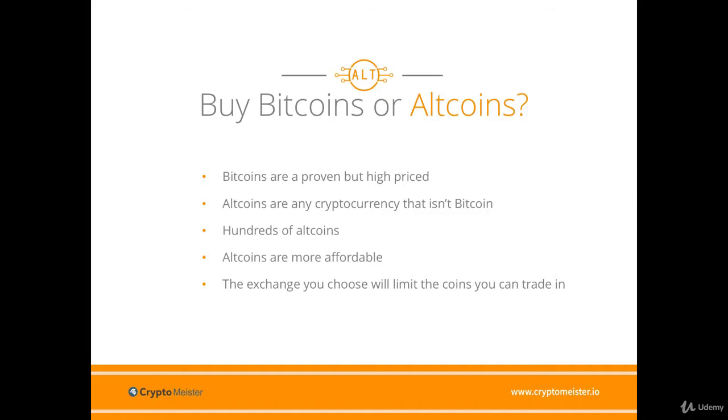The size of the exchange will also have an impact. The larger the exchange, the easier it will be to acquire the coins you want in the amounts that you want. Smaller exchanges may have limited supplies, and it may take longer to reach your trading goals. Many of the altcoin exchanges are smaller, perhaps unregulated or poorly regulated, so do your research on the reputation of a particular altcoin exchange before you decide to use it. Some exchanges have gone bankrupt with little notice, leaving investors out in the cold.